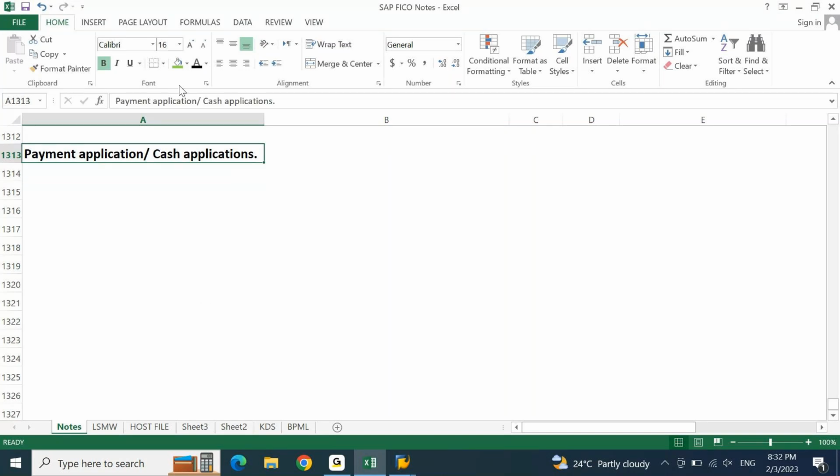Voucher or application, sir? Is it voucher or application? Application. We use this term called cash application or payment application, which means